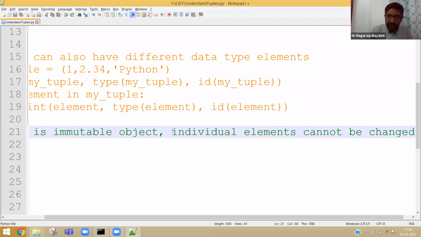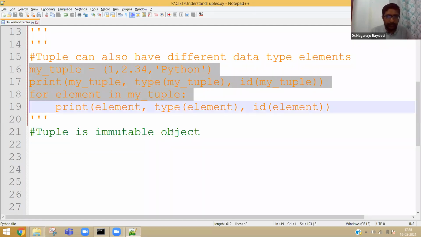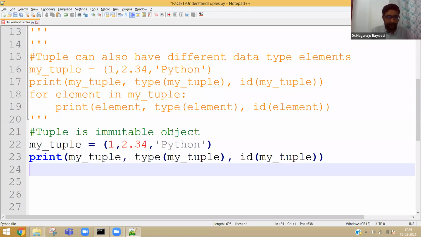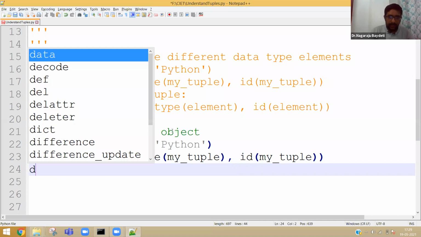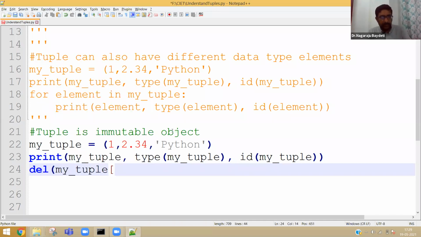So if I write immutable, by default you should understand what immutable means. Let me take my tuple and then try to delete my tuple of 0, that is the value 1.